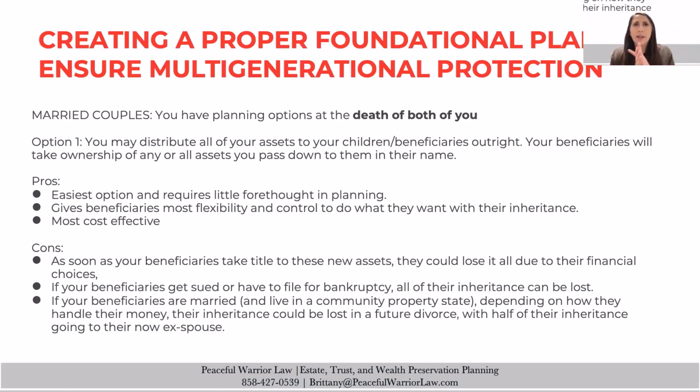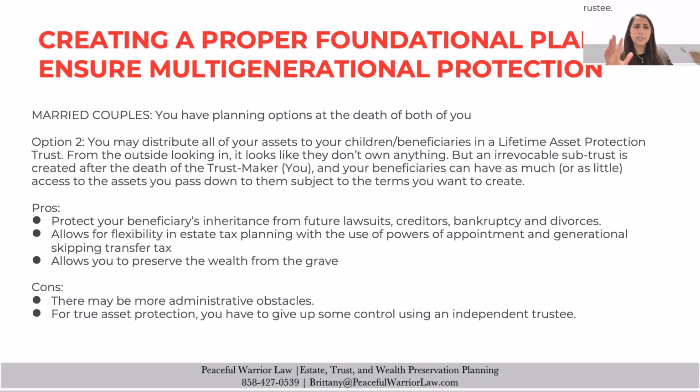So if you recall, there are 2 options for a married couple to plan at the death of the first of them, and then at the death of both of them. The same 2 options apply. First, everything can go out to their children outright in their name. Once your kids receive their inheritance in their name, it's subject to all their decision making. Or the second option is you can transfer your children's inheritance in what I call a lifetime asset protection trust,